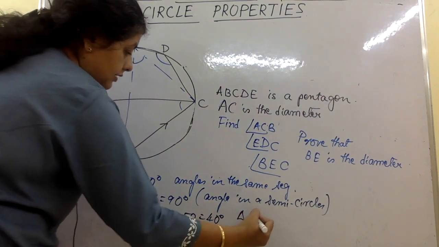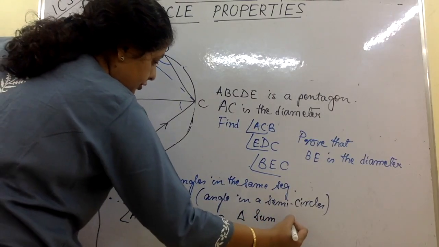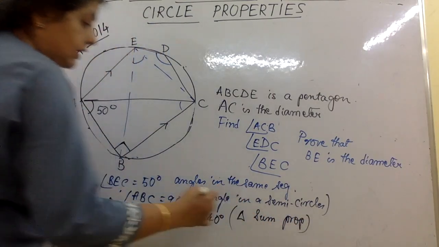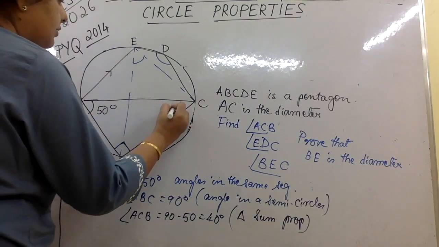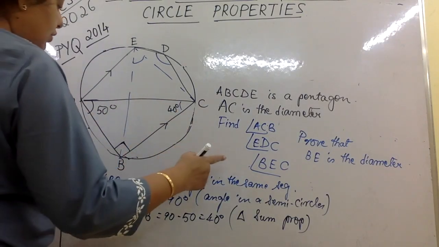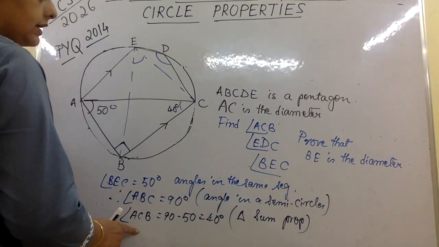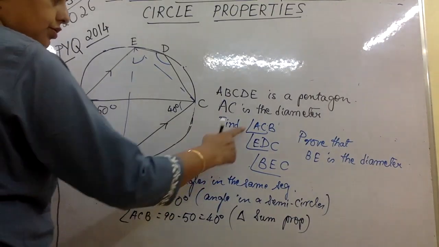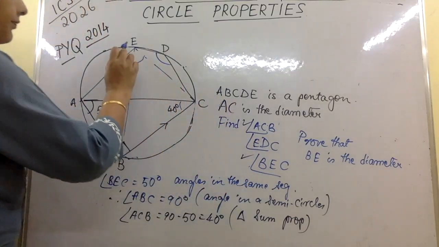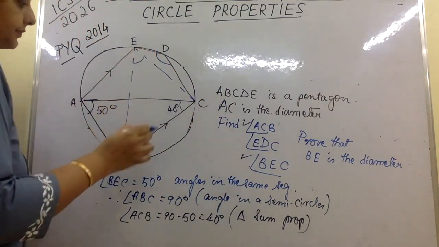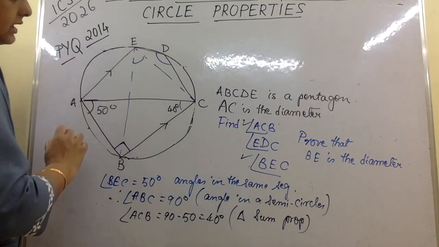Here you can write triangle sum property, that is, sum of all the angles of a triangle is 180. So you get this as 40. Let me write this also as 40. Now we got angle ACB, so we got this already, EDC. Now if you see